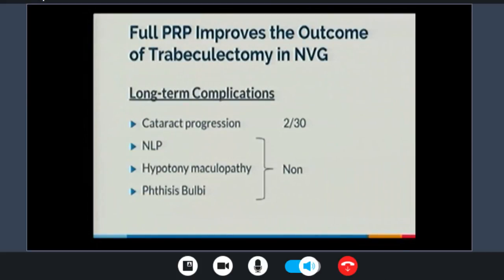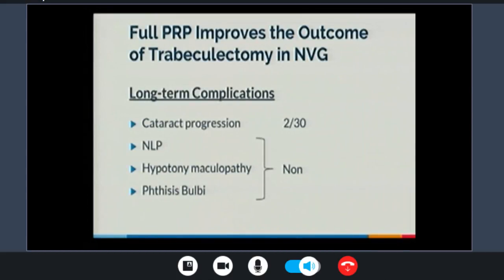And one of the authors who takes care of these problems, Prof. and my teacher, and other teachers also, these are my teachers, by the way, Prof. Amro and Prof. Jadaan. So I'm discussing with them our cases that we have done. None of our cases developed no light perception or hypotony maculopathy that needed intervention, or phthisis. So we are really so happy, and this is the practice that we are doing up to now,